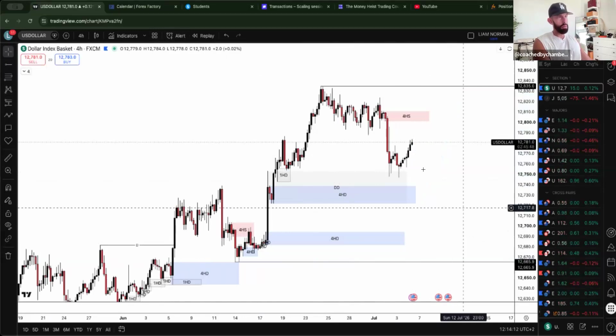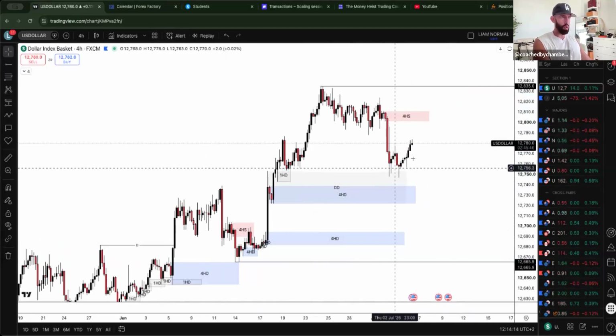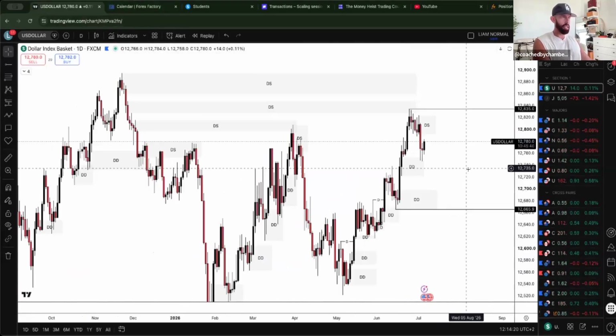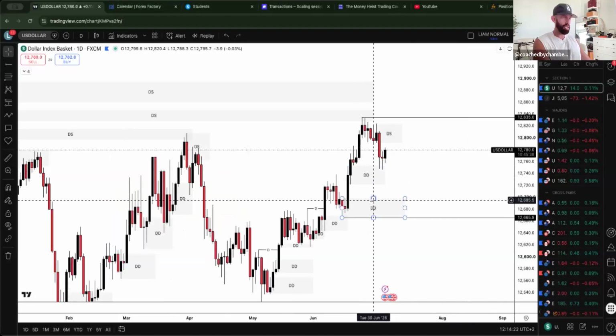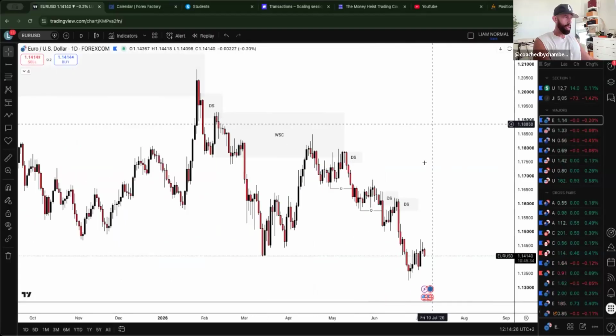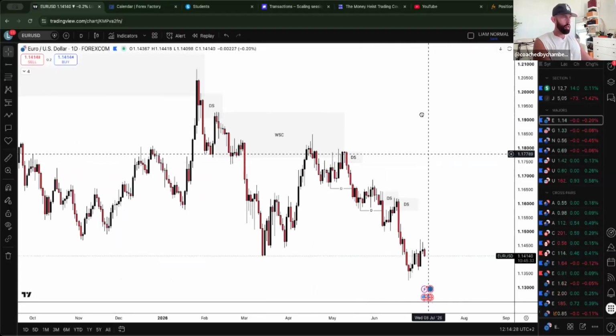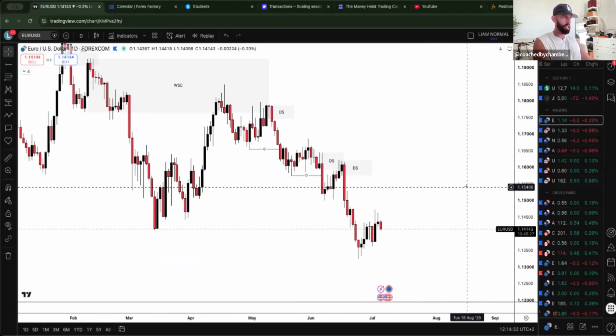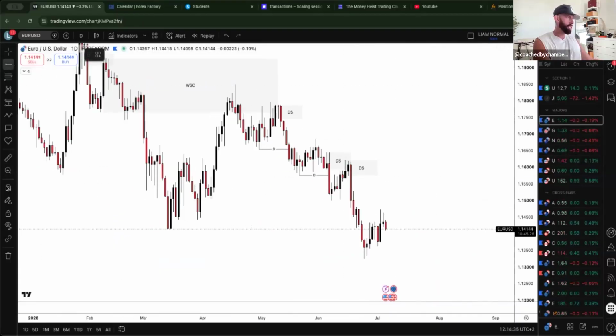So as of right now, this is a little bit ugly, but if we're going off the daily time frame, as I just said, you can obviously see the clear daily demand areas that we have and also supply area that we have as well. Going into the Euro USD, as you guys can pretty much see,